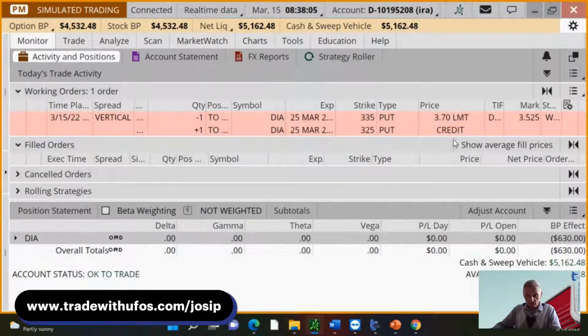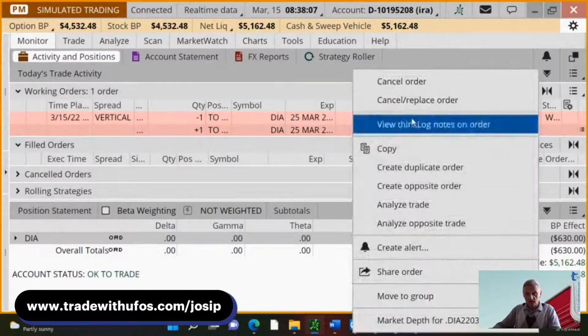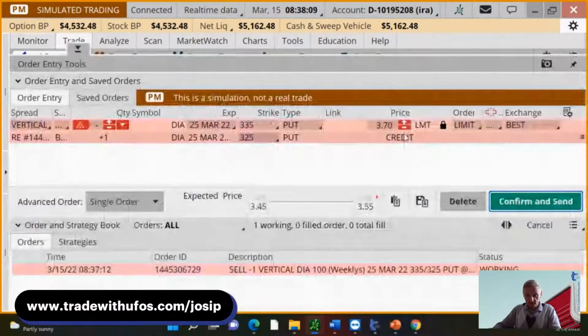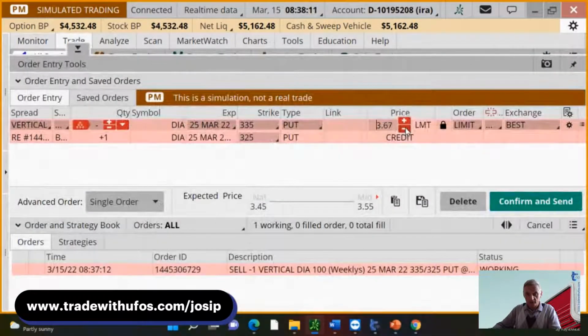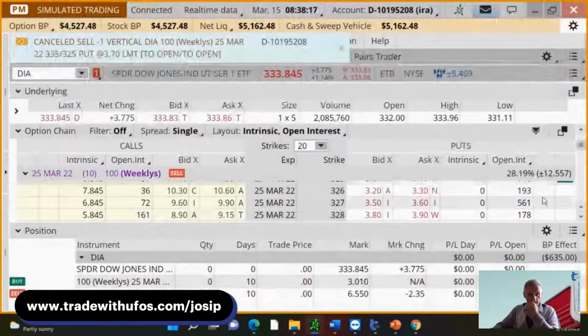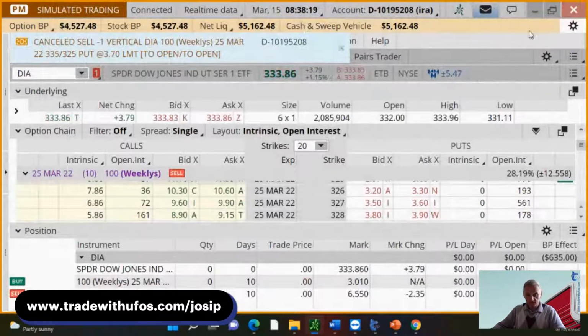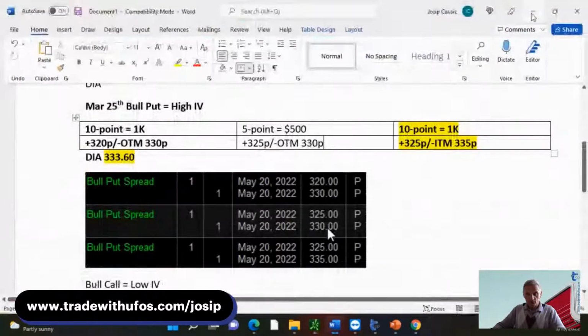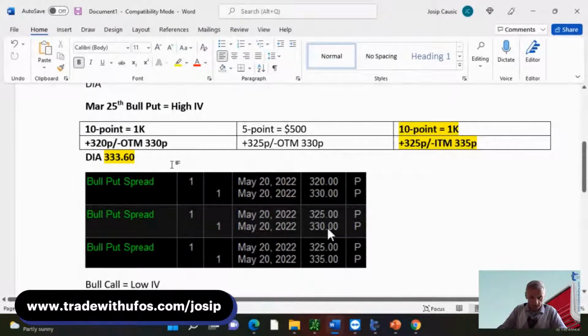Okay. Of course, I'm not getting filled on that, so I will need to drop this a little bit, right? So I'm going to drop it to 65 cents and see if I can get filled at 65 cents. I'm going to work this for 2 minutes. And in the meantime, I'm going to spell out what we are doing here.